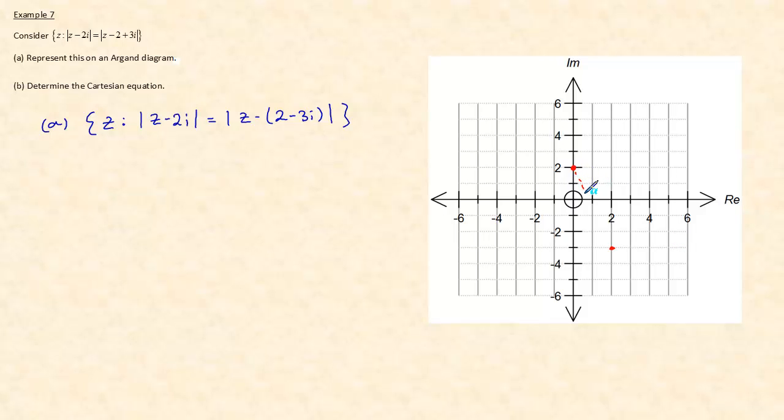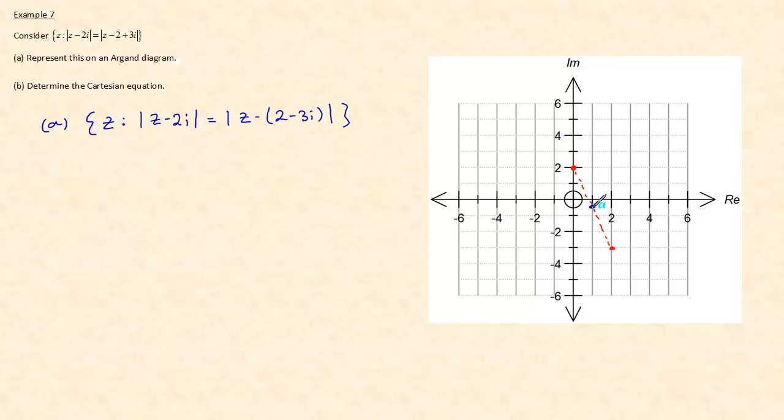And so if we draw in the line segment between those, we want the midpoint. Now the midpoint is going to be at 1, and so 2i down to negative 3i, so that's going to be here